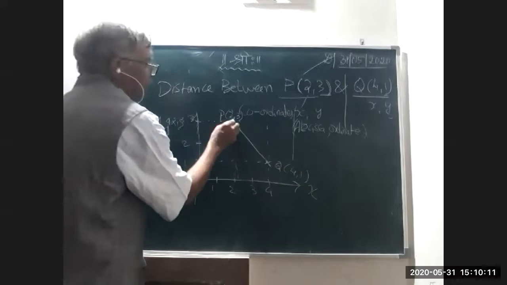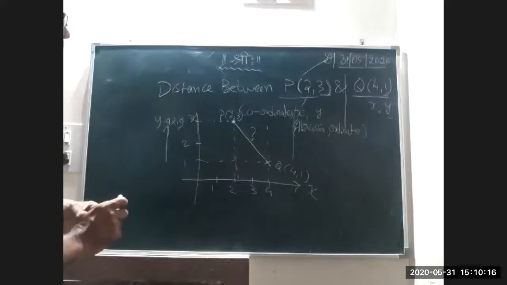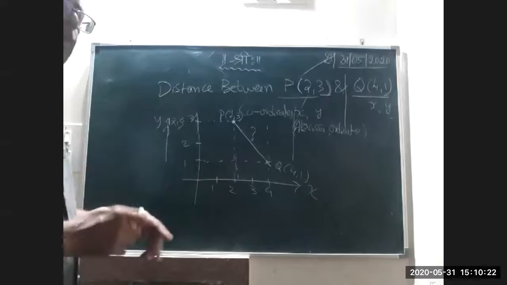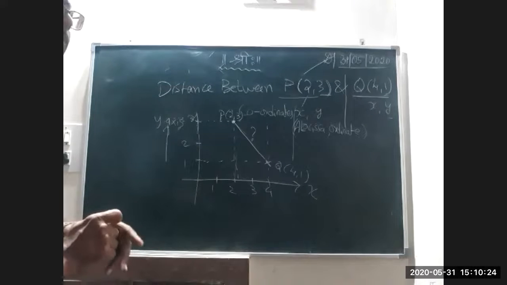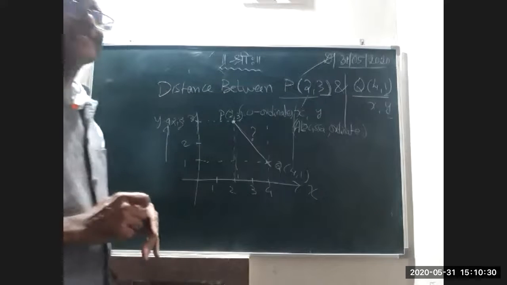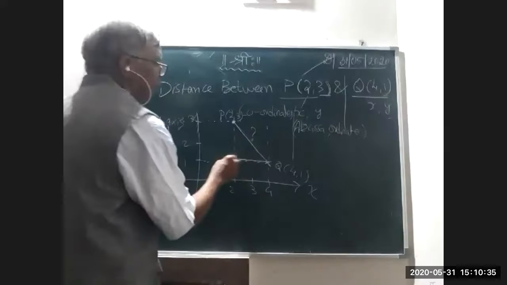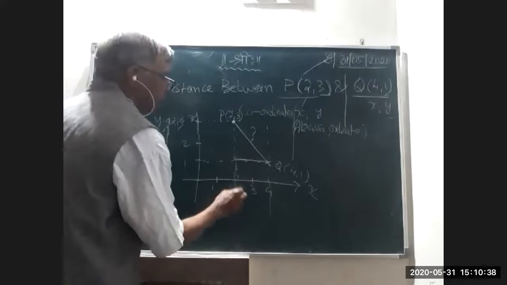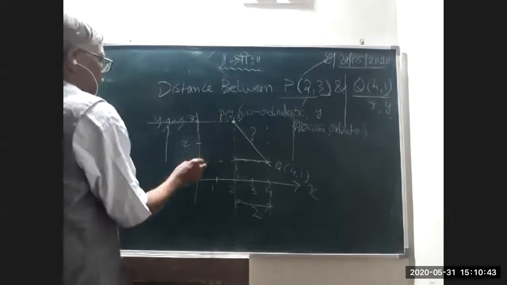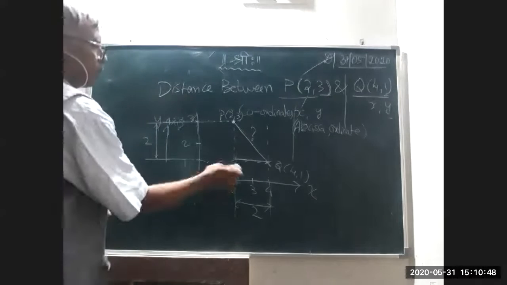So they are asking the distance of PQ. What is the distance between P and Q? There is a regular formula. Since sir was saying about the Pythagoras theorem, here also you need not use the coordinate distance formula. Straight away you can find it, because I know the length of this. How much is this? 1 unit and 2 units. Therefore, this is 2 units. Now, you know the length of these units. 2 units. This is 2, this is 2.